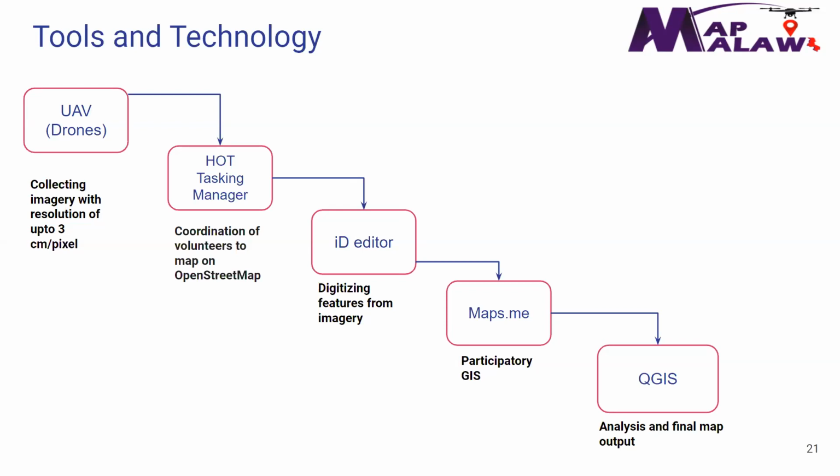So another phase of our project implements participatory GIS, where we'll involve the community as a whole. And we plan on using maps.me, which is a tool that will enable our volunteers to collect waypoints or location information about our points of interest. And lastly, we also plan on using QGIS in our final phase of the project to come up with the visuals and also to conduct any kind of network or proximity analysis on the data that we've collected.